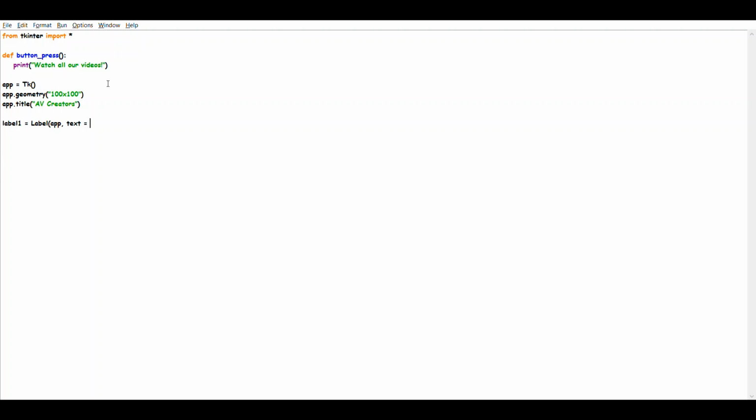Text is equal to, quotes, welcome to AV Creators. Again, I know this is very repetitive, but you can put anything you want, okay? Now, comma, foreground is equal to